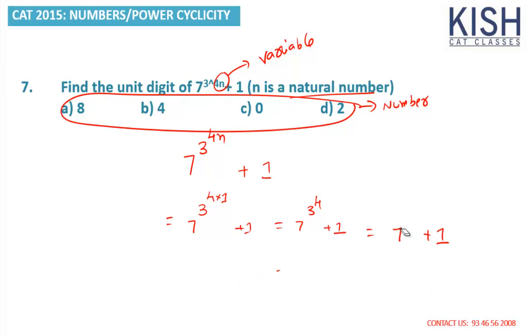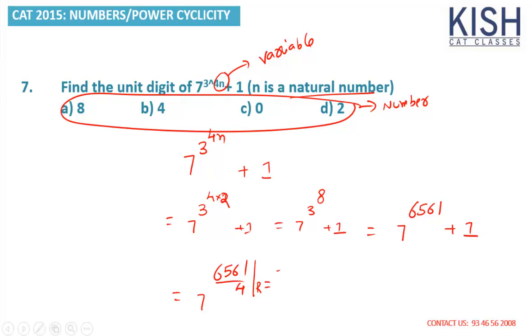So if n equal to 2, then it's 4 into 2, that's going to be 7 power 3 power 8. That is nothing but 7 power 3 power 8, which is 6561, plus 1. Now 7 raised to any power, we will get 4 different unit digits. So it means it is 7 power 6561 by 4. A reminder,